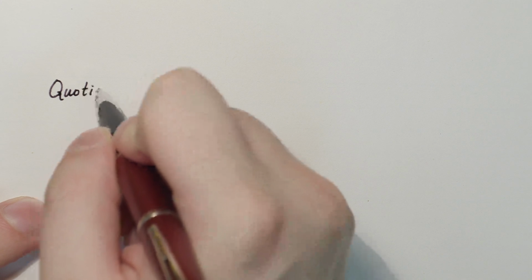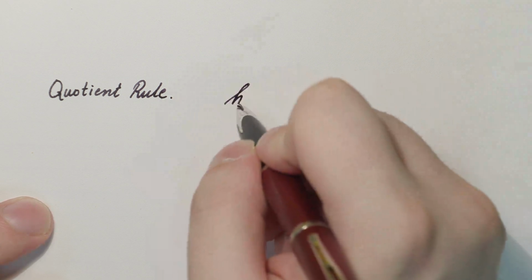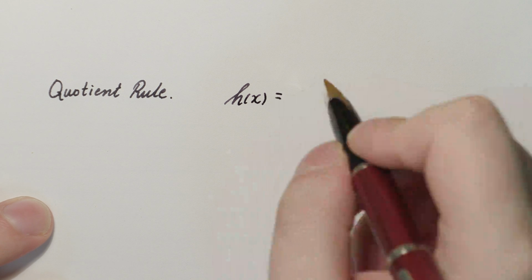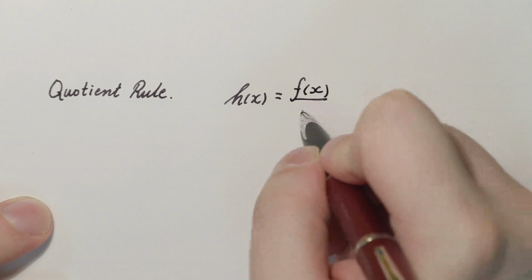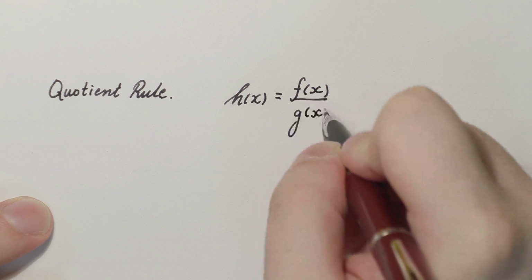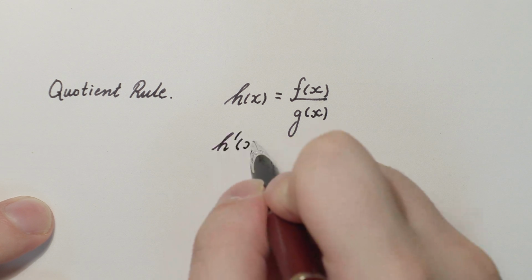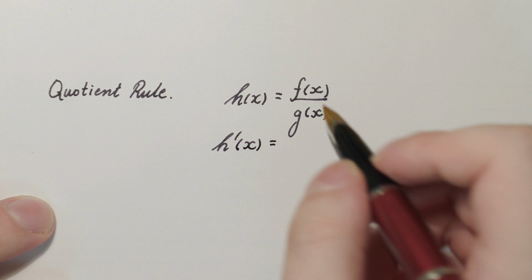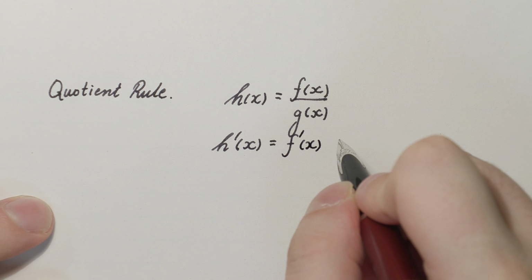The next rule that we learned was the quotient rule. And that said that if I had some function, let's call it h of x, and it's a quotient of two differentiable functions, then the derivative of that is the derivative of the top times the bottom unchanged